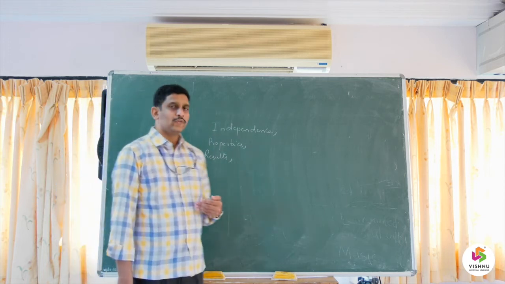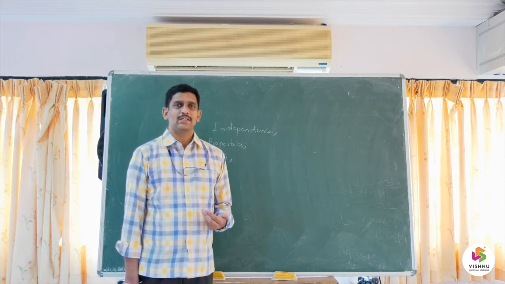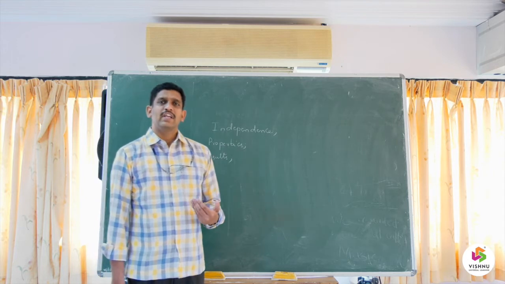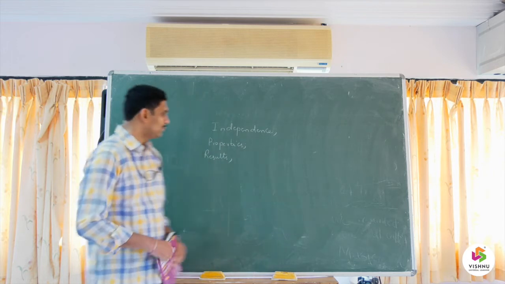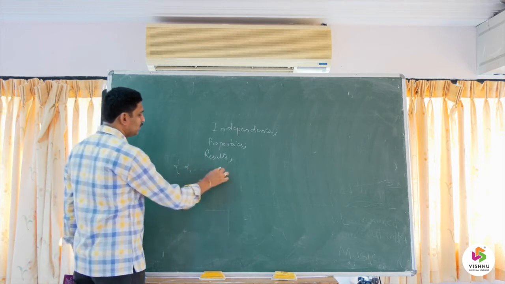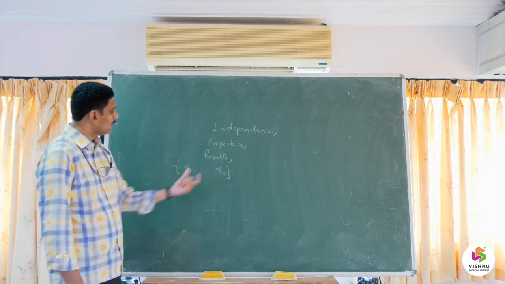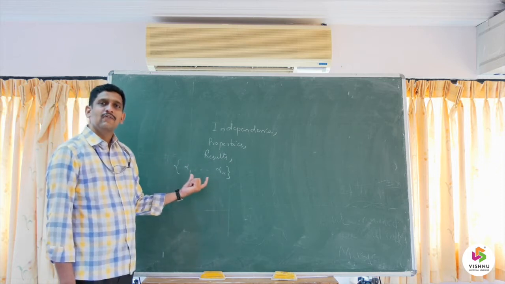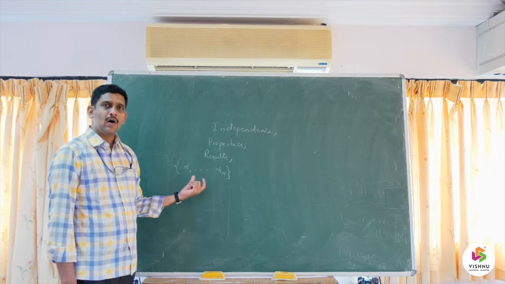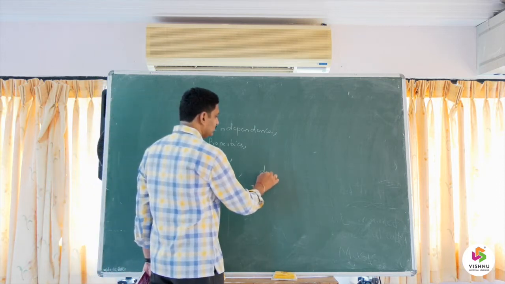First of all, we already discussed that whenever you are solving problems based on either linear dependence or independence, the very basic approach we follow is this: whenever a set of vectors is given to you, say alpha 1, alpha 2, and so on up to alpha n, and we want to verify whether it is linearly dependent or independent, we follow the approach of the definition.